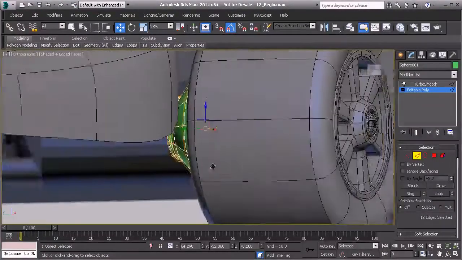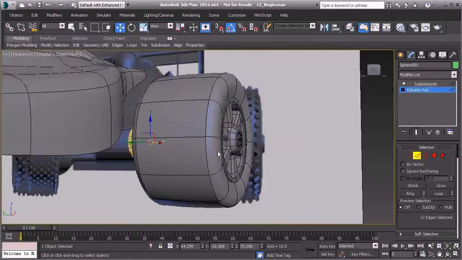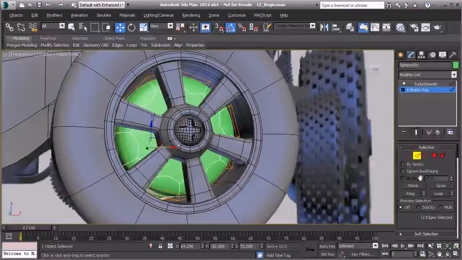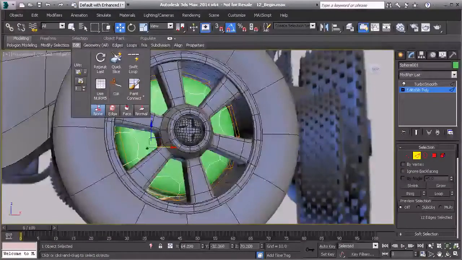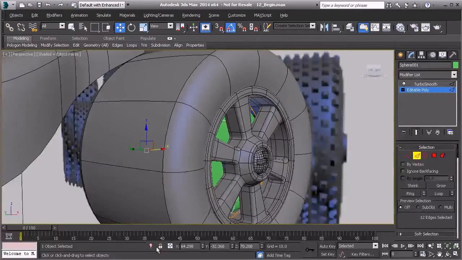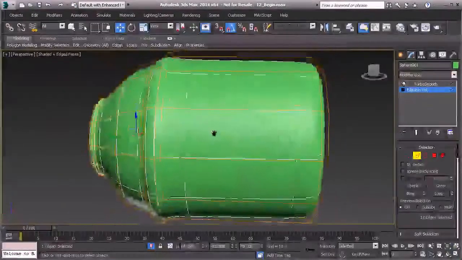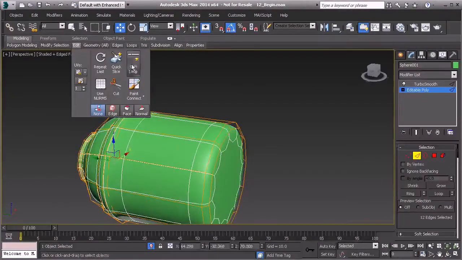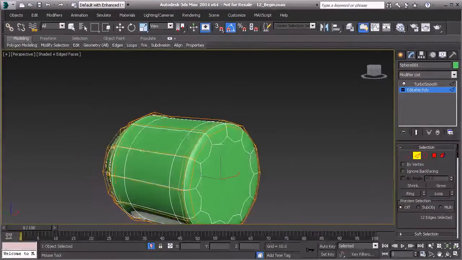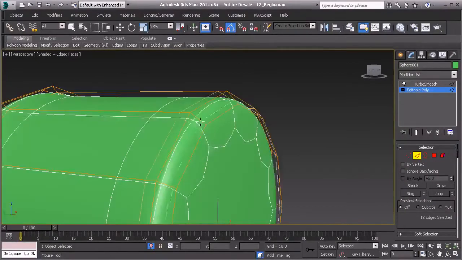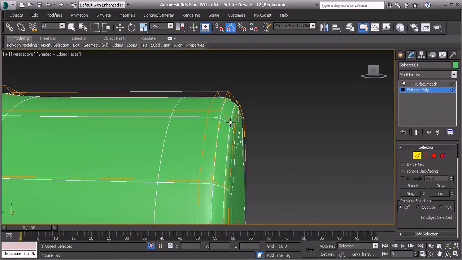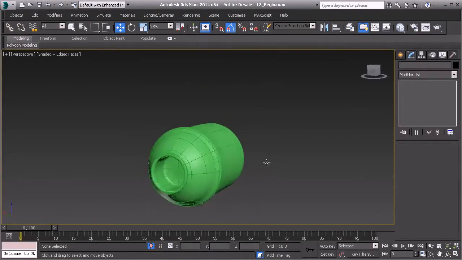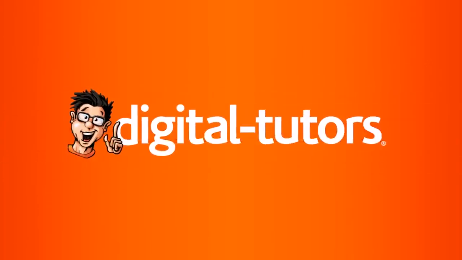Now let's make sure that we also take care of this outside edge as well. As you can see, it got very soft, so we want to make sure that we add a loop on that. Now the wheel is starting to get in the way a little bit, so I'm going to hit Isolate, and that's just going to give me just the object that I have selected. So I'm going to come in and use my Swift Loop tool really quickly and just add that right in there. Okay, we could even add some loops across here to kind of sharpen that up a little bit. Okay, so there we have that piece. Everything's looking pretty good. We can apply our